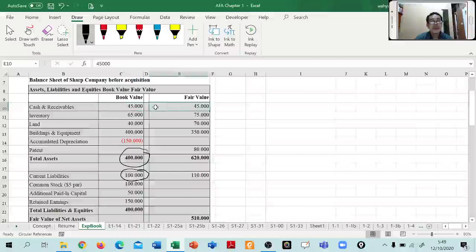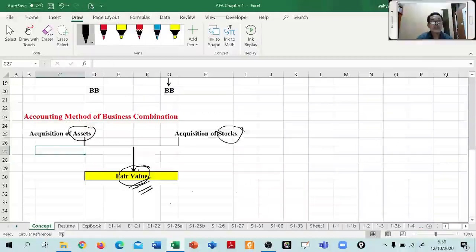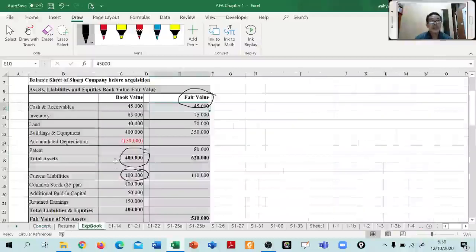This is the same value, so of course we choose fair value. Don't forget that the concept of business combination always chooses fair value. So in this example,